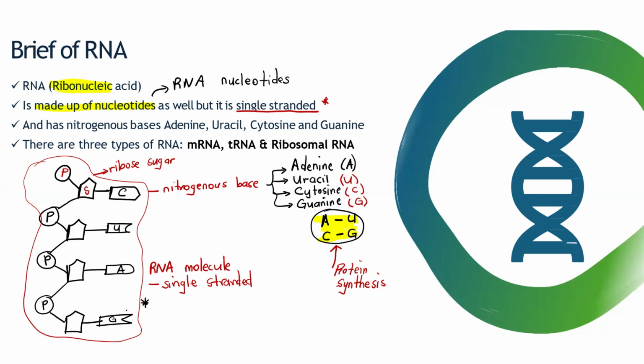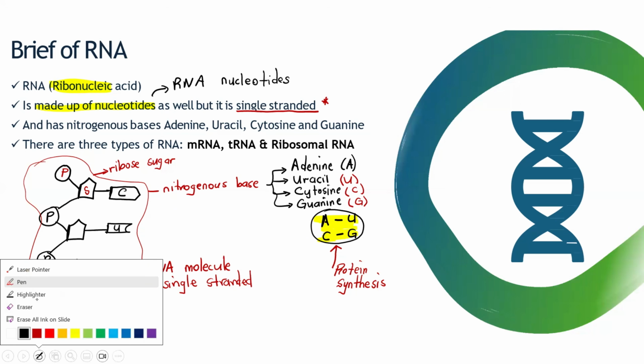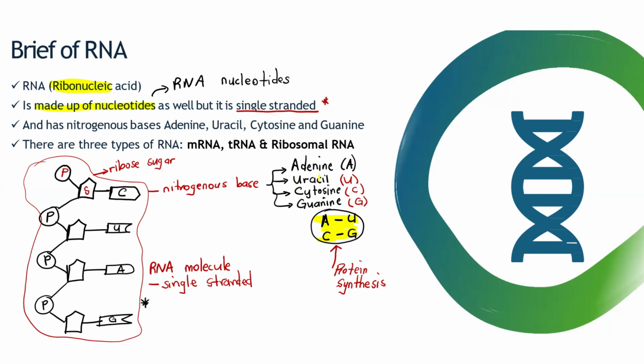And also the nitrogenous base thymine is not present in RNA. Instead, we have got uracil instead of thymine. Are we getting the sense? So this base pairing, adenine and uracil, cytosine and guanine, you will only do it during the process of protein synthesis. When you are drawing the structure, there is no such thing, because we don't have any weak hydrogen bonds.